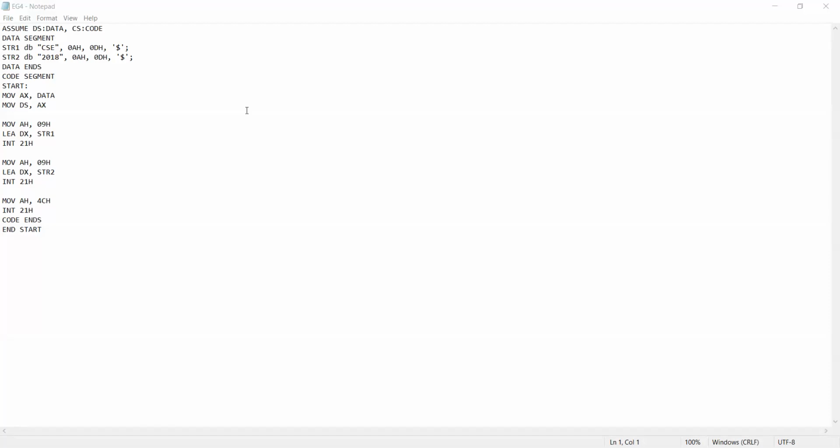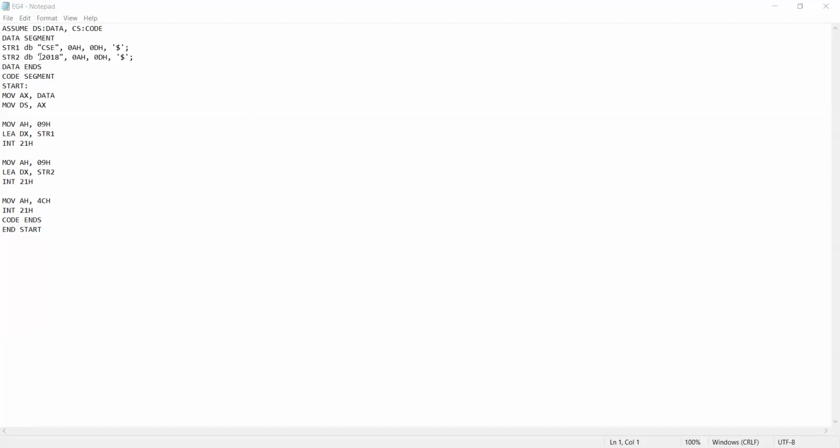When we look at this code, this is a program example, easy4.asm, and the main purpose of this code is to display a string on the screen.